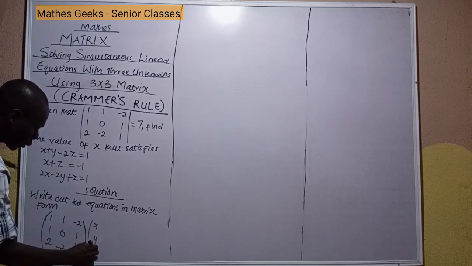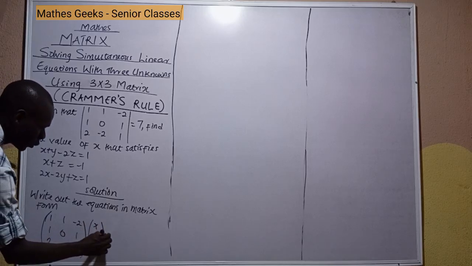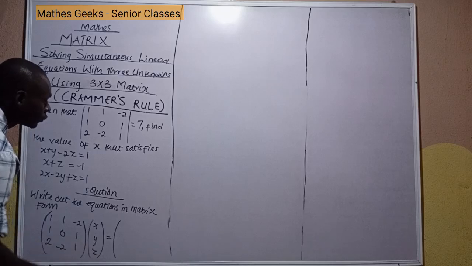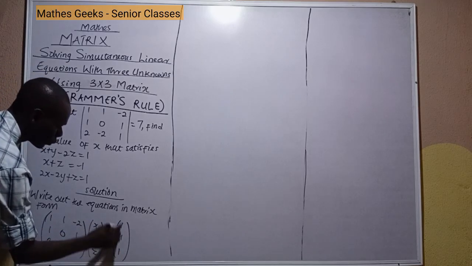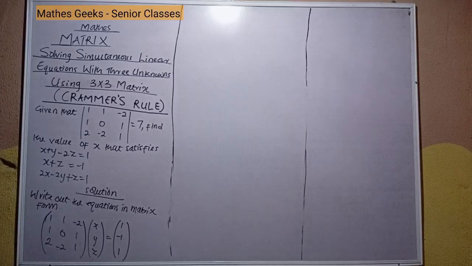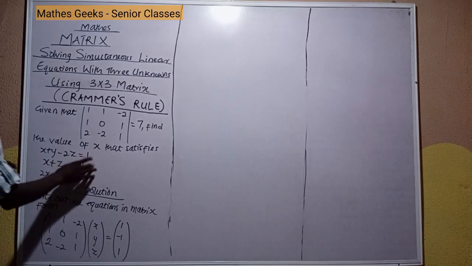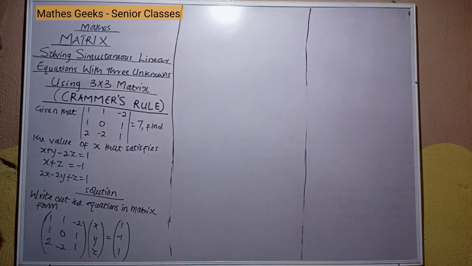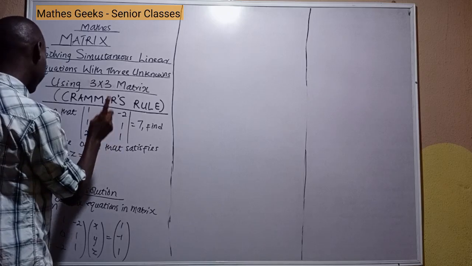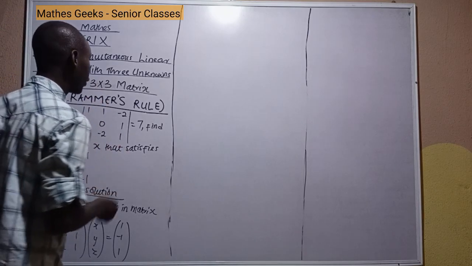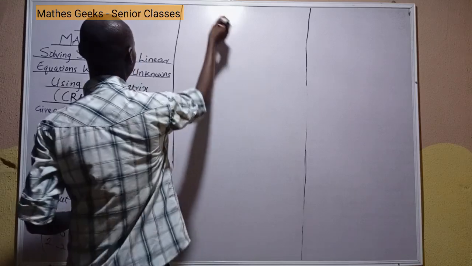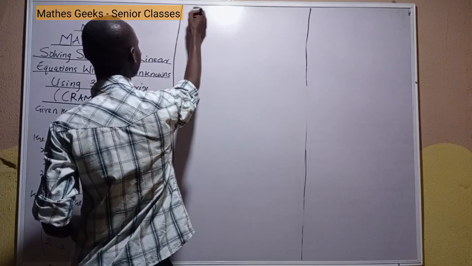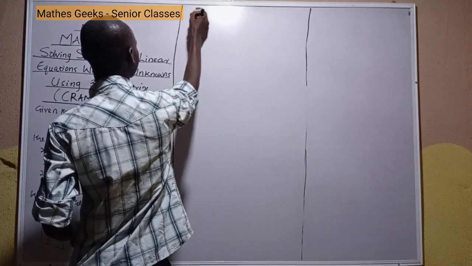X, y, 0. So equals 1 minus 1, 1. So that's the matrix formed by the two equations. We are going to look for the determinants of d. You know that Cramer's rule states that